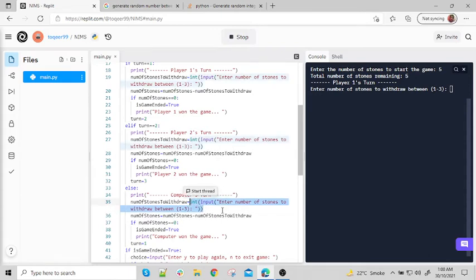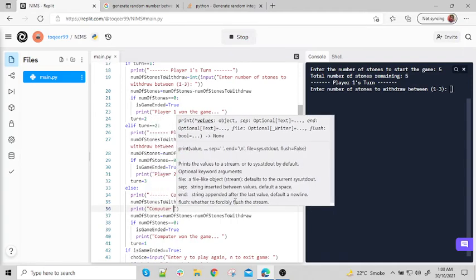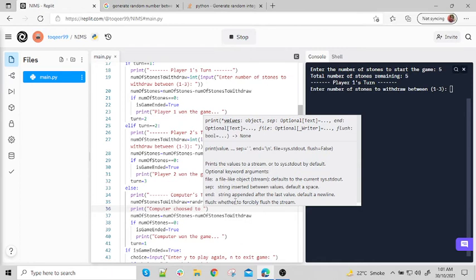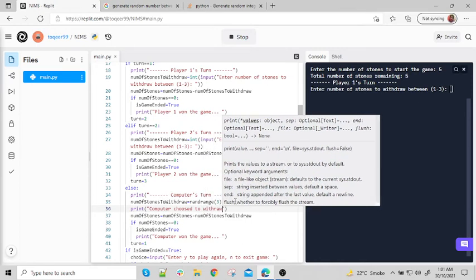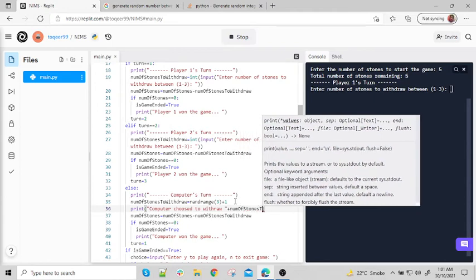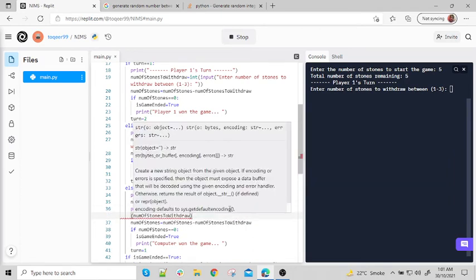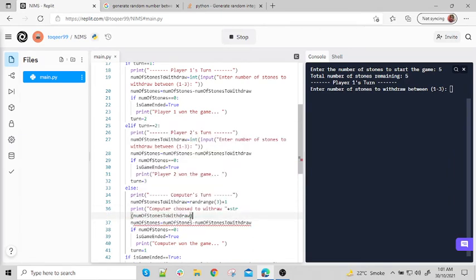I will simply put the code here and I will print the message computer chose to withdraw, and I will show the number of stones to withdraw. I will put it like this because I am concatenating it with a string, so stones.